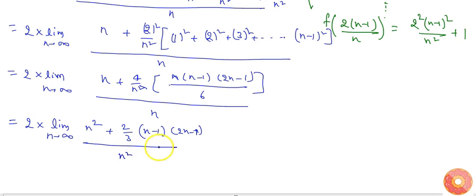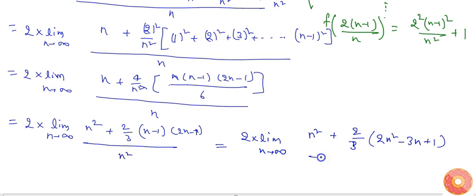So the limit is n square plus 2 by 3, which will become (2n square minus 3n plus 1) by n square,